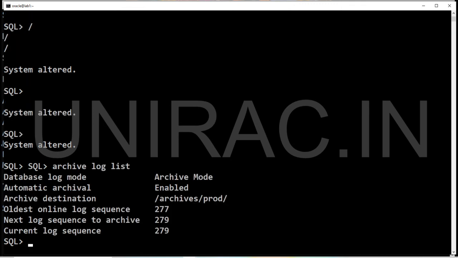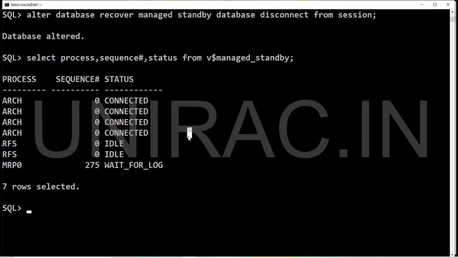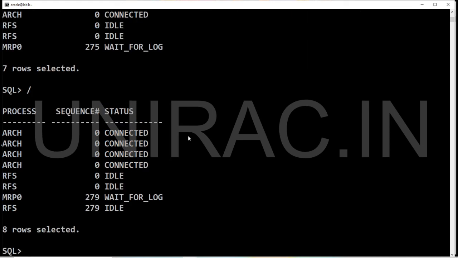The current archive log sequence is 279, and we'll verify whether it's able to receive and apply or not. It got received and applied. Before it was 275 and now it's 279. We're able to receive the archives from primary and apply them after the restart of your standby.